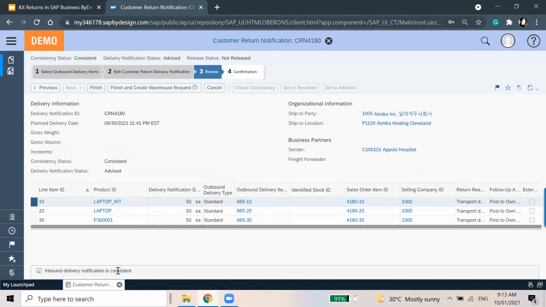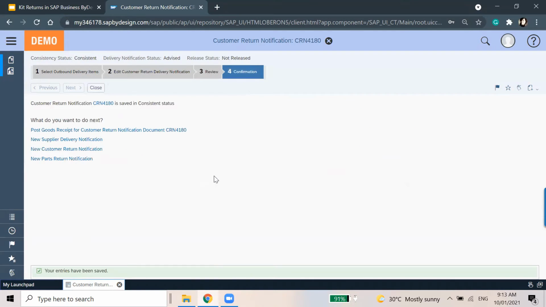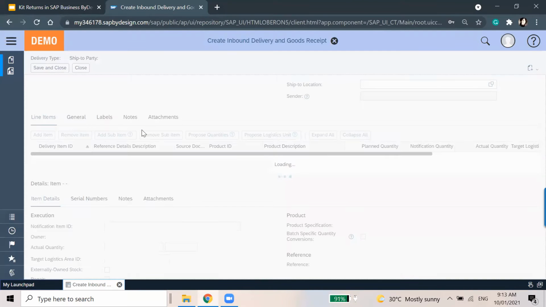So the inbound delivery notification is consistent. I'll finish this. Now I can post goods receipt for the customer return notification document CRN 4180, which I just created.